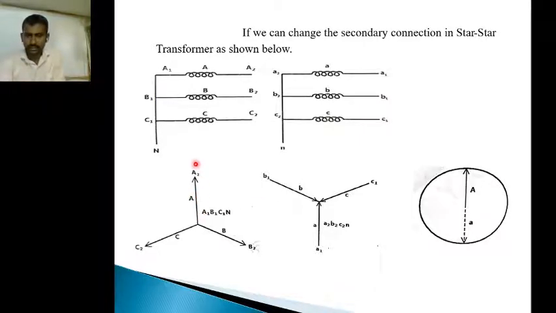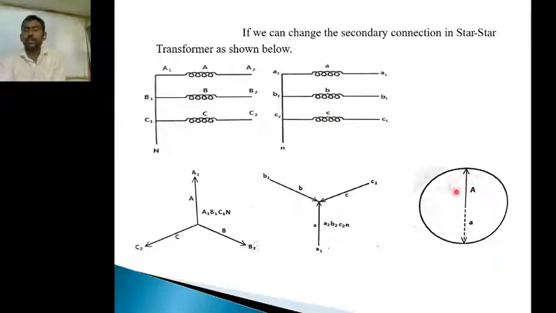So this one is the A phasor. With this phasor we can write the opposite phase. Here we can represent it in the downward direction. This is for the A phase, and similarly we have the B phase. Exactly opposite to this B phase we write the small b phase. This is also the opposite direction, and this one is the C phase, and exactly opposite to this we write the small c phase. If you write any one phase, that is capital A and small a, this is the representation of 6 o'clock.